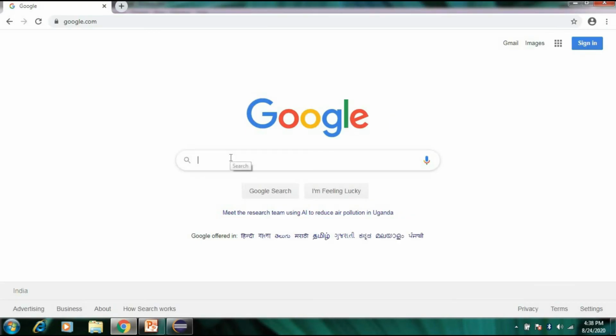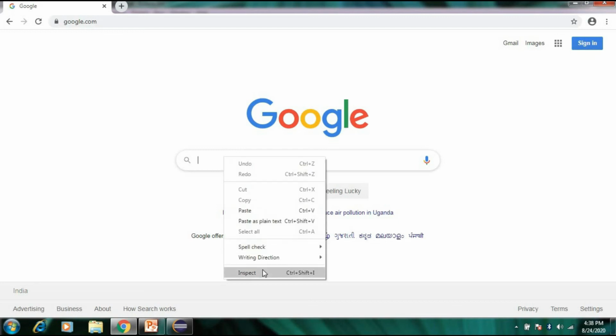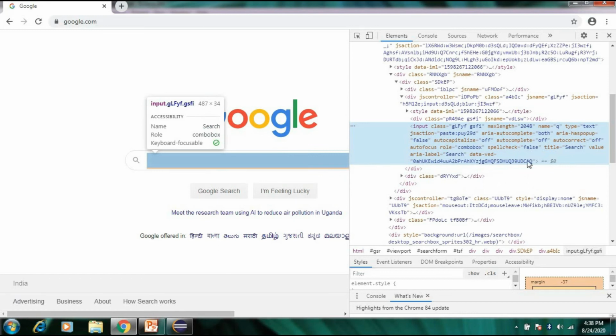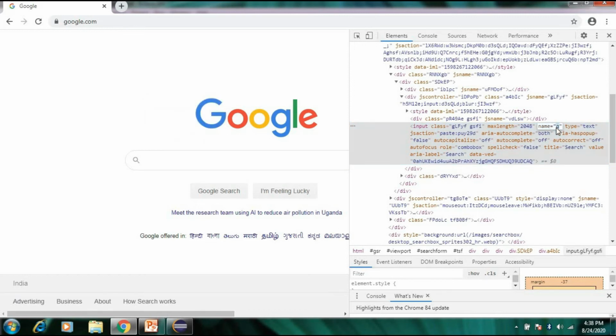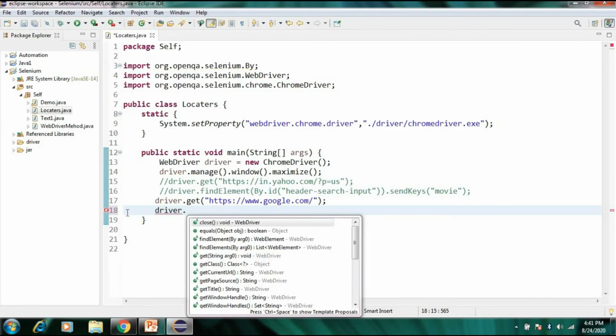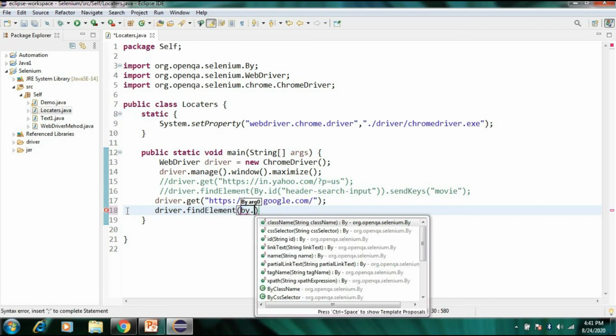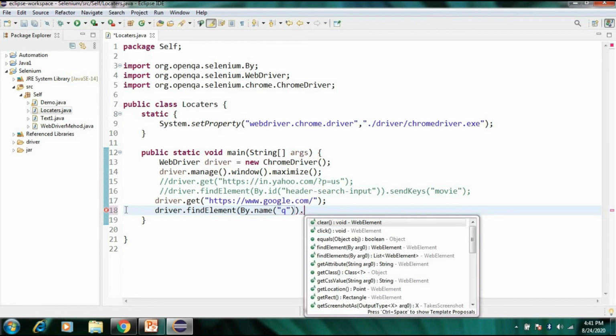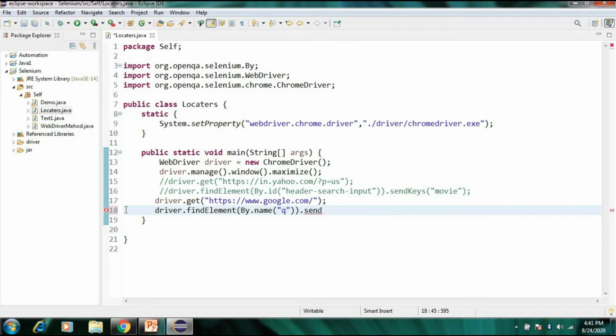Now I am going to enter Gmail in the search box. First inspect it. So you can see the highlighted HTML document, and in it you can see the name locator. Now select and copy. So here driver.findElement(By.name). Here paste the q, and I am going to enter Gmail by using sendKeys, Gmail.